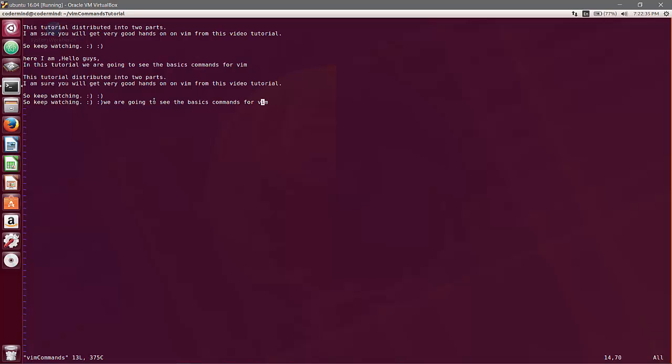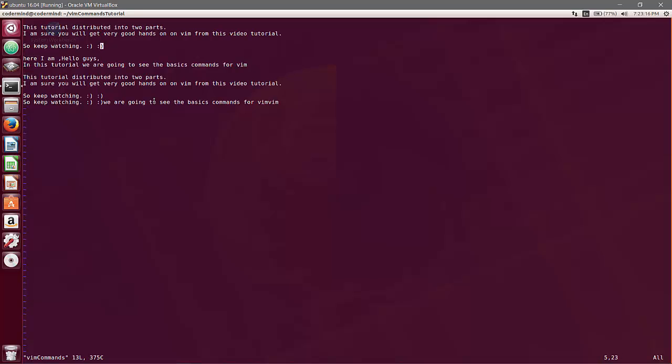Now I don't want to copy a whole line. I want to copy only one word. Simply go into command mode and press y and w. I copied that word and pasted it here. This will copy a particular word and save it into the buffer. This is all about copying a particular word or a line.